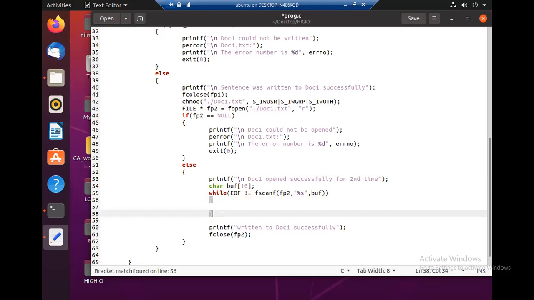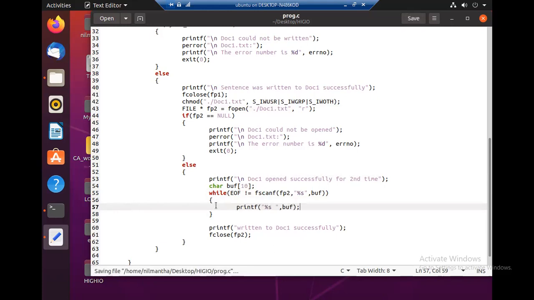This time we are not asked to print to a file, we just print to the string. Printf whatever the content in buffer. So this is the format with a space, whatever the content in buffer we have to print. While this is true, this will be done.